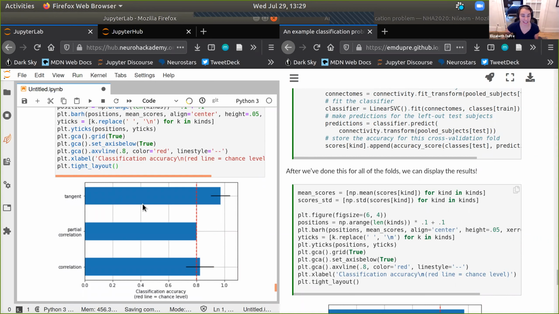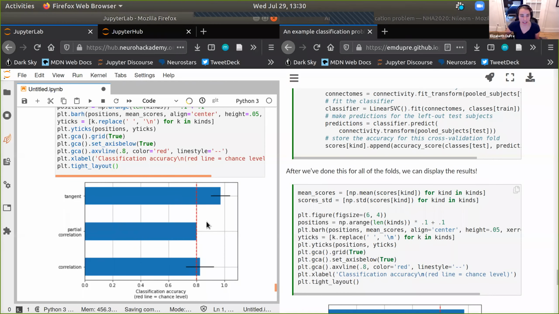So here we can see that we have this red dashed line at 0.8, which is our chance level, right? Because remember, we had 24 children out of 30 total participants. So if we were just guessing, if we were just following chance, we'd expect that if we always guess children, we'd be right 80% of the time, for example. So here we can go ahead and know that's chance. And now we want to compare everything to it.